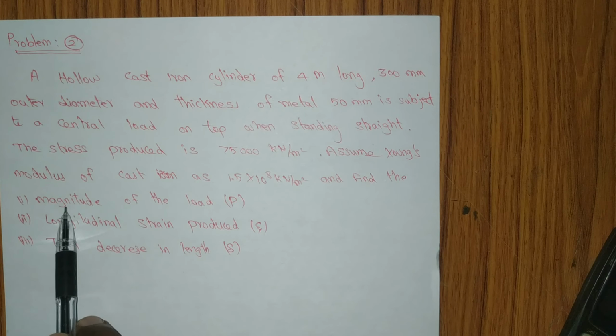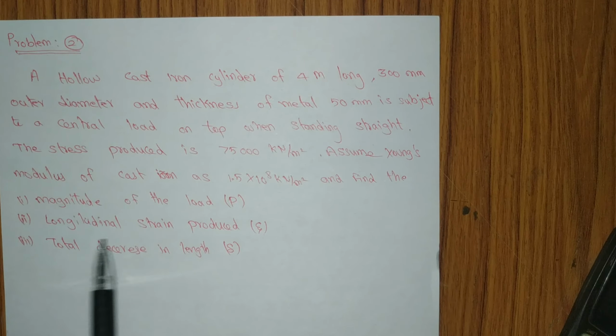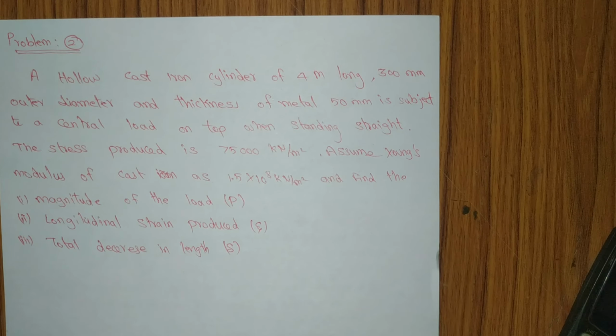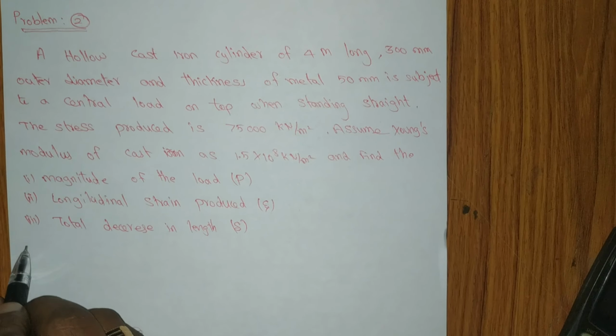First one is magnitude of the load, which is P. Second one, longitudinal strain produced. Third one is total decrease in length, delta. So the given data are